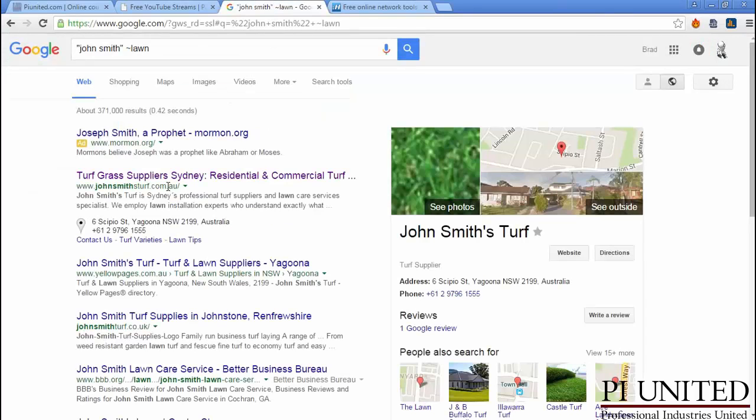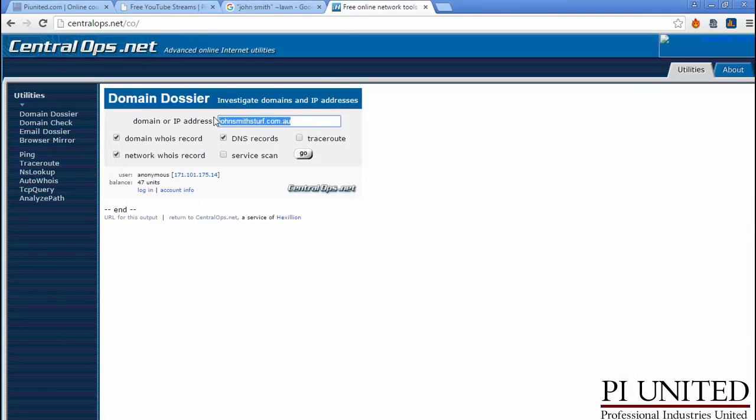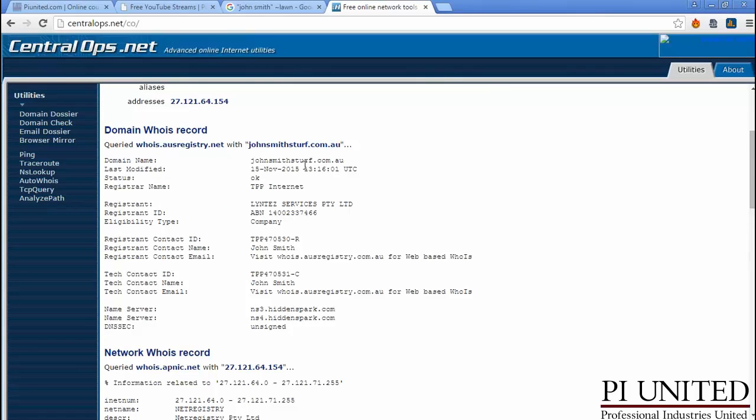So we've got his domain name. His contact details are here, but he may have different contact details in the Whois info. So we type in the domain name here and click go, and it's going to bring back some information. So the domain name, which we already knew, last modified, registration, so it's registered to this company name, this ABN, which allows us to do an ABN lookup,